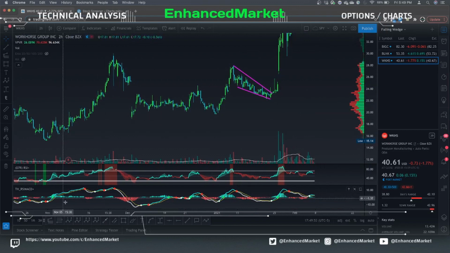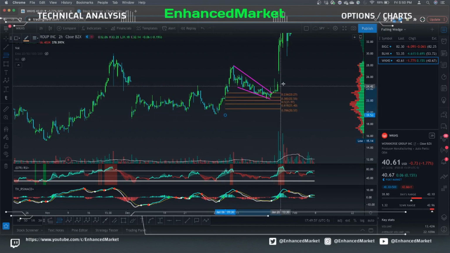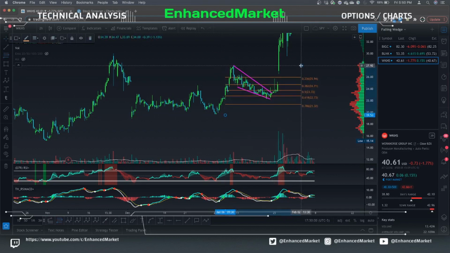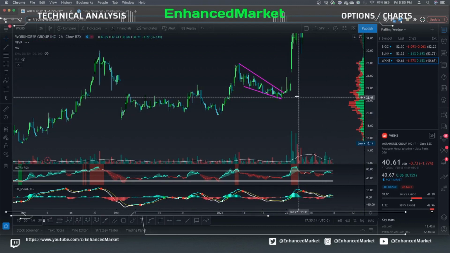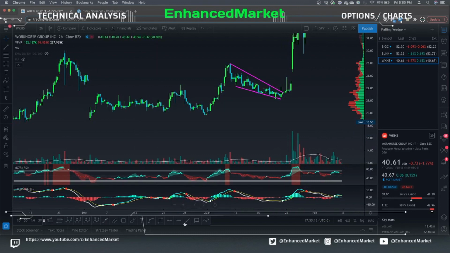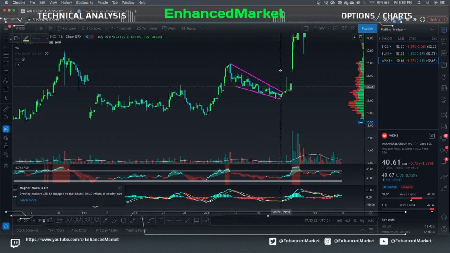That's a beautiful falling wedge. If I took my fib retracement as an extra source of security from the bottom to the top, right around that 618 level, right between the 618 and the 786, it's a great place to enter. And like I was saying before, I would play the break of the candle, the first candle that breaks out of the wedge. So if I entered at the break of this candle,